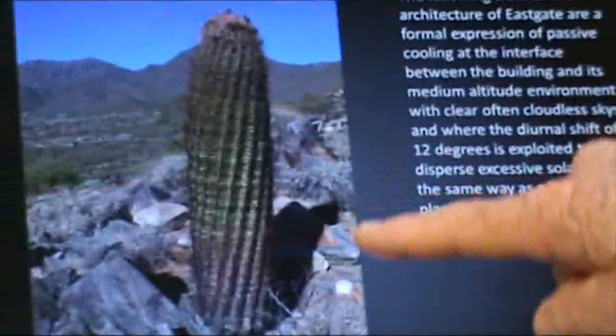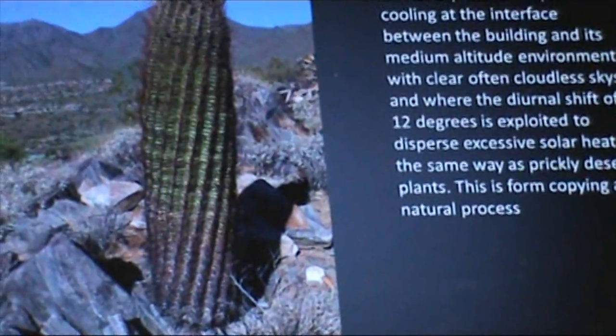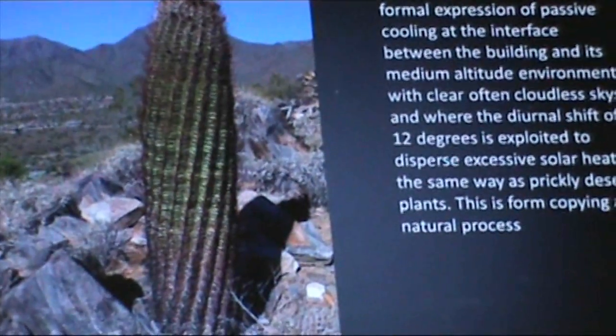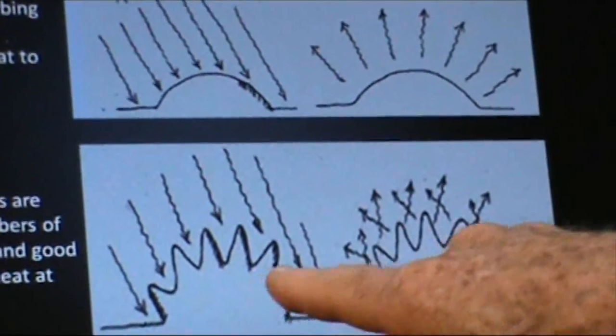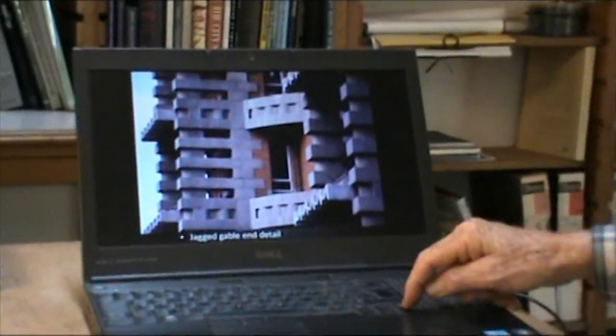If you look at that picture of a cactus in a desert, it has spikes on it. And the problem with a cactus in a desert is it needs to get rid of heat. And it does that by a prickly surface, and at night, because it has such a large surface area, it can disperse its heat much more efficiently than that. That's why Eastgate looks prickly,